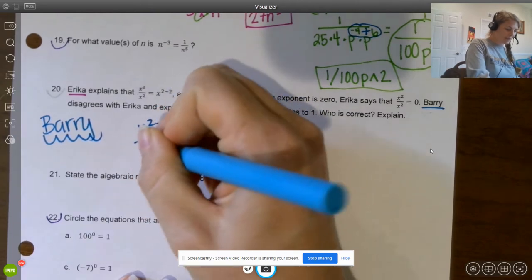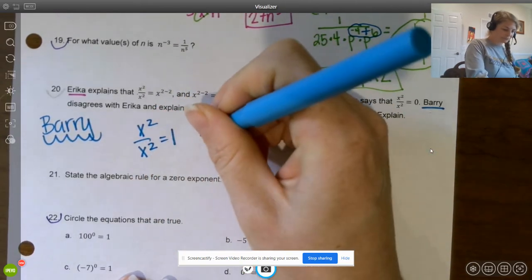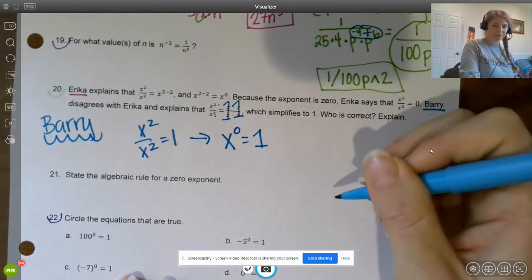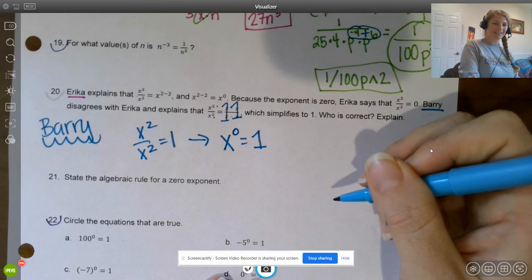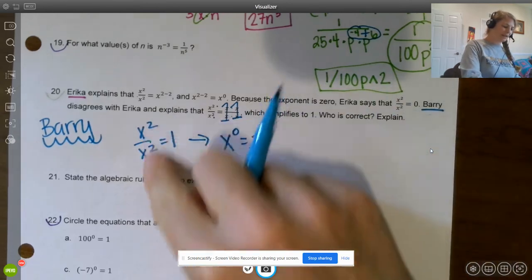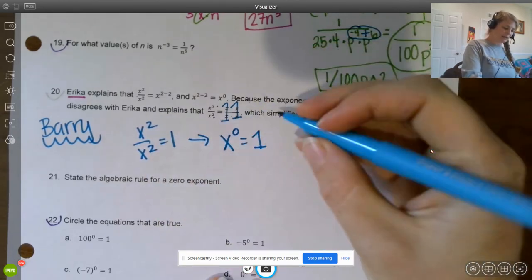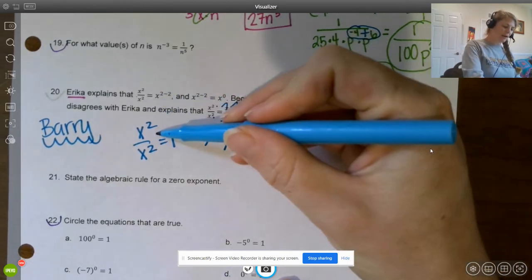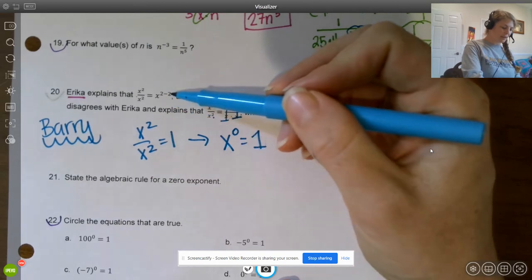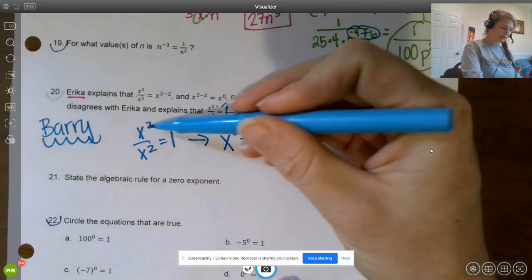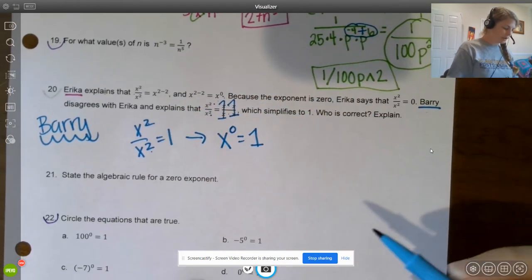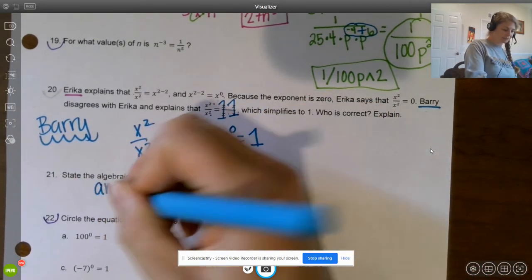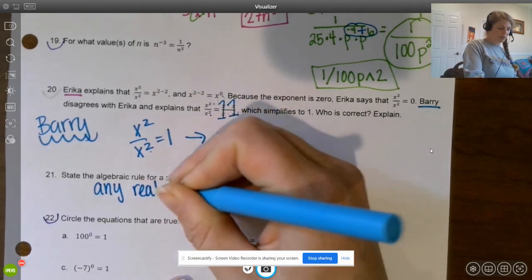X squared over x squared is 1, which means x to the 0 power is 1. Really nice job. We can think about this applying it because any number over itself is 1. We can also apply our exponent rules like Erica was doing, x to the 0, 2 minus 2 is 0. So the algebraic rule for a 0 exponent is any real